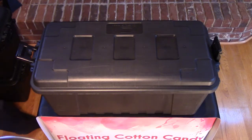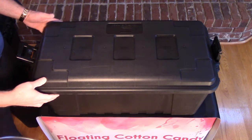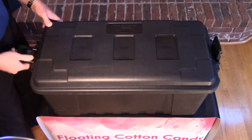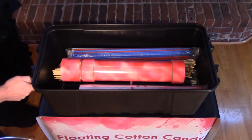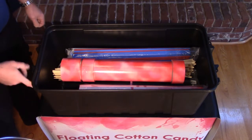All right, starting with what I'm going to call box number 1, the medium-sized Plano Sportsman box, which has snap-down levers on the side, and also as I pull the lid off, you might be able to notice there's tie downs on the edge as well. So if you have to tie down to a roof rack or some sort of a tailgate lift,